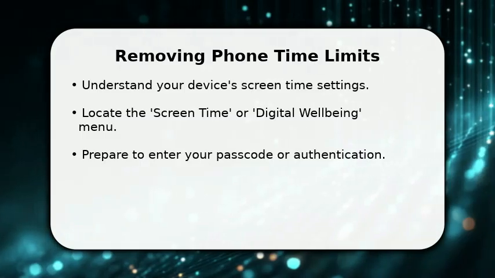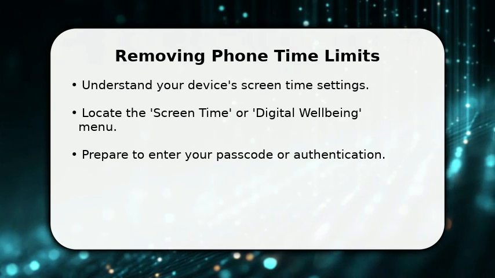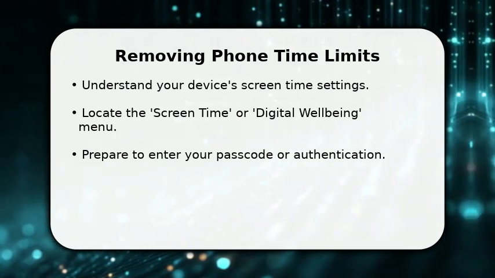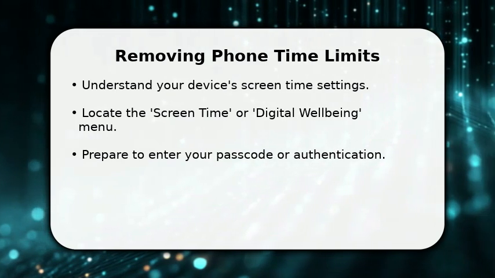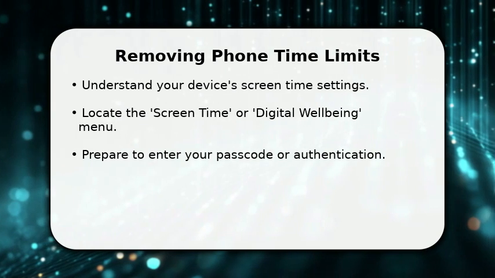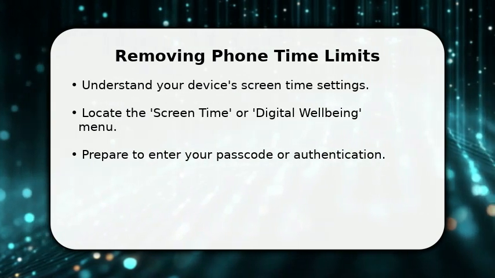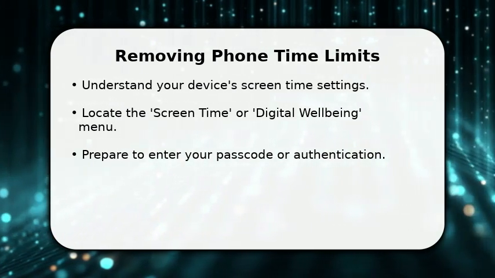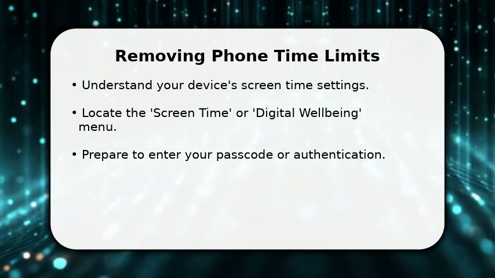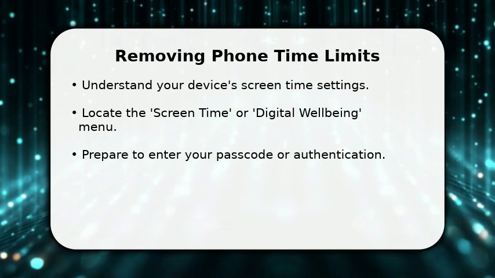In this video, I will explain how to get time limits off your phone. First, you'll need to access your device's screen time management features. This is typically found in your phone's main settings menu. Be ready to input your device passcode or any specific screen time passcode you've set up. We'll walk through the common steps for both major operating systems, ensuring you can regain full control over your device